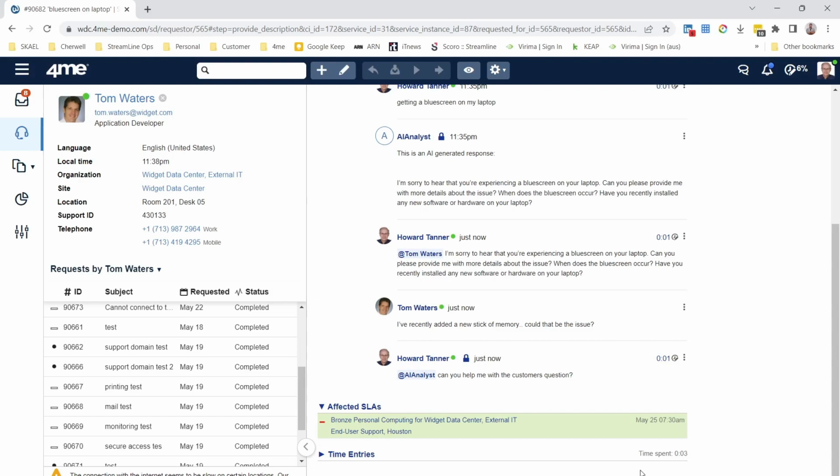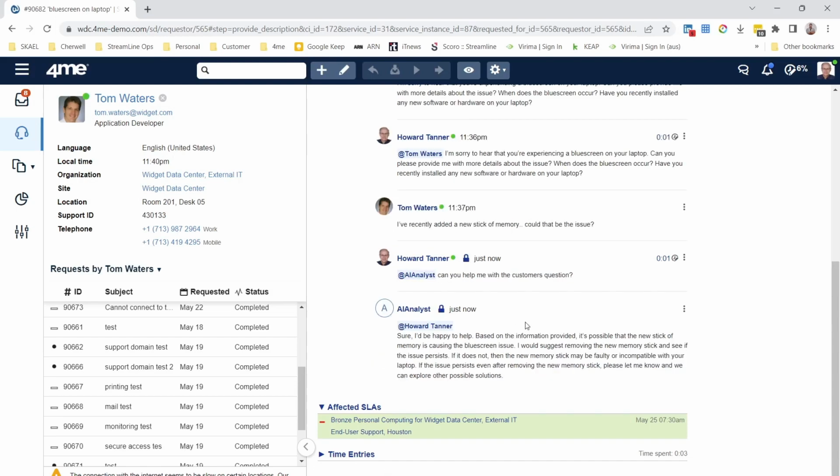So the AI is going to come back shortly and give what it thinks is going to be the outcome required for Tom as a next step. So we've got the AI analysis response, and what it's saying here is based on the information provided. So now we're talking to Howard. It's not talking to the customer anymore. It's talking to Howard specifically. So it's tagged Howard and said,